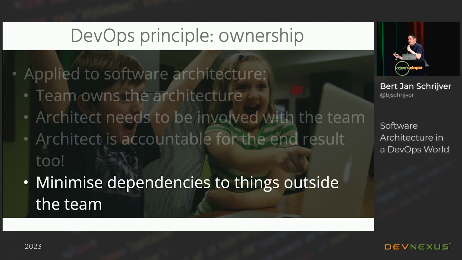It's also about minimizing dependencies to things or teams or organizations outside your team. Because if your team is accountable to get something in production and keep it running smoothly, then your team should also be able to fix things if things are going wrong. If you as a team depend on another team to do stuff for you or run stuff for you, and, I don't know, they break something or they don't do their job correctly, then you're in trouble. So try to minimize any dependencies you have to other teams and make sure that you have everything that you're responsible for under your own control.